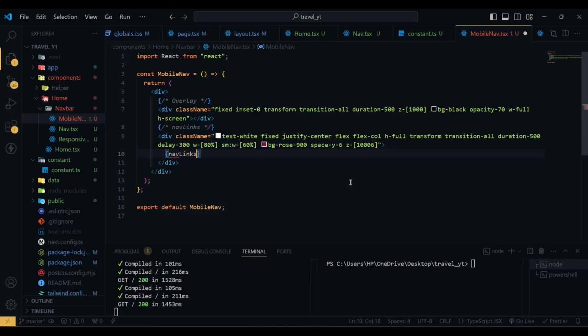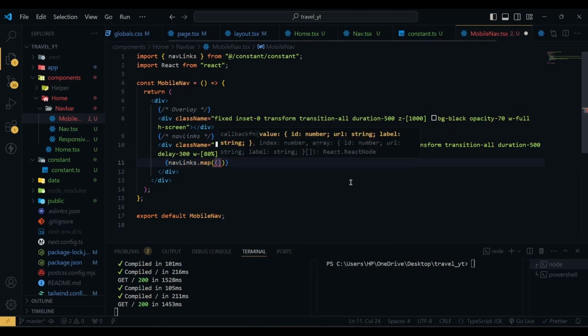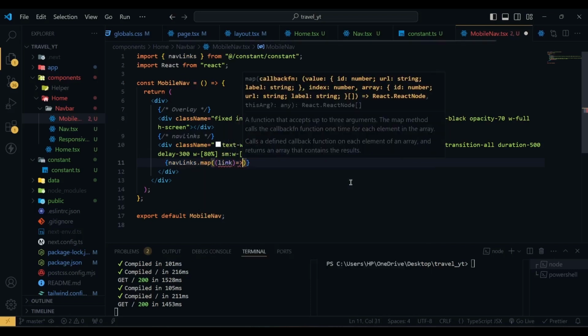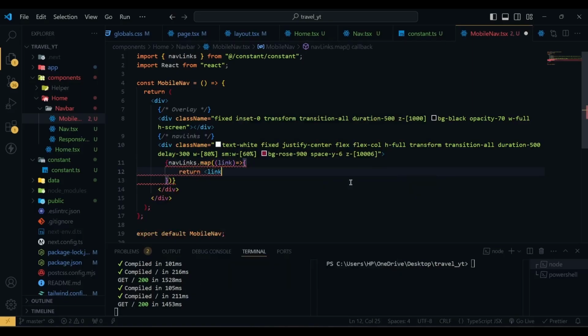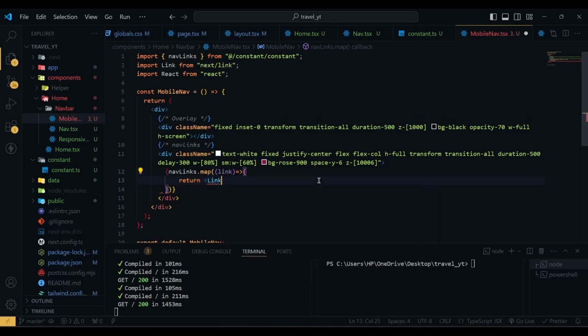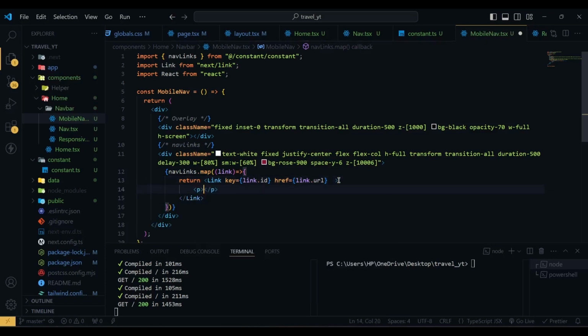which is coming from our constant, and we are going to map through it. We'll get the individual link, then we are going to return a link which is coming from our next link, and here we have to provide the key which will be link dot id, and then the href will be link dot URL,